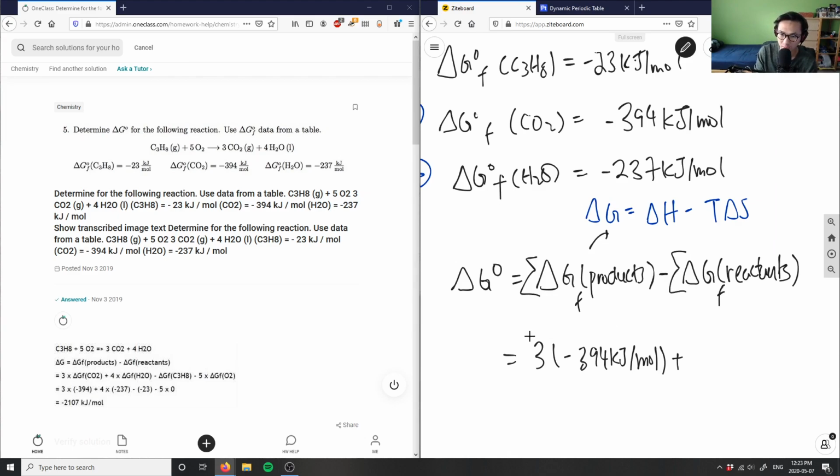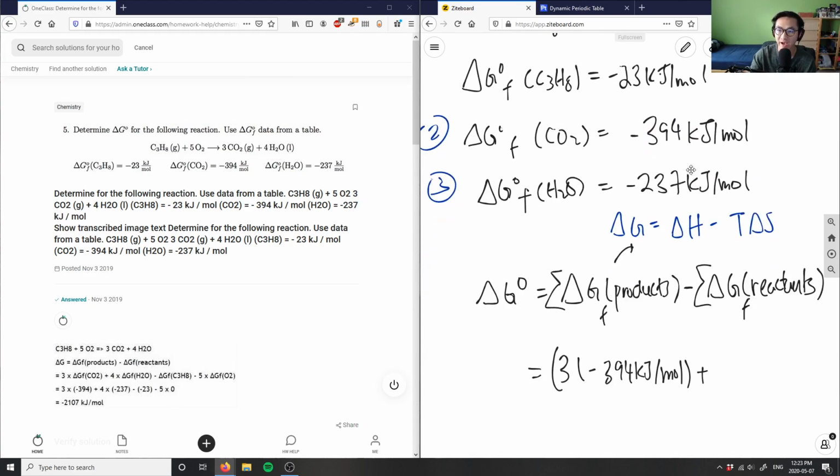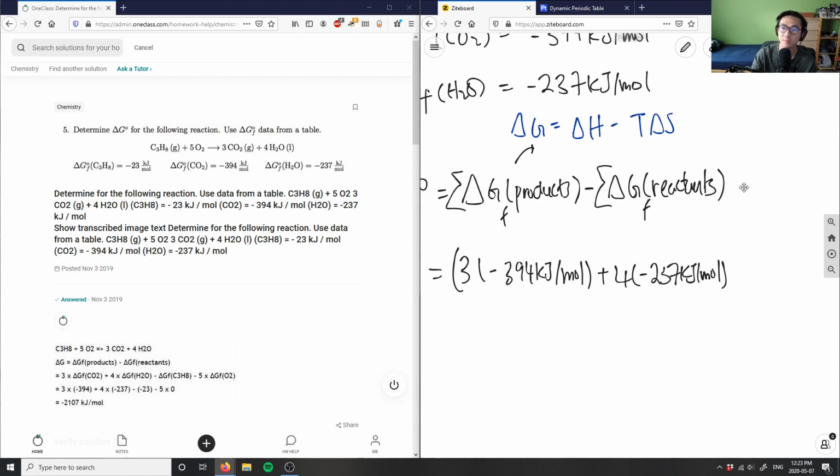Plus, so this is all kind of in brackets here, plus the water, right? I'm also making water as our products here. So I have 4 waters here, which means I'm making 4 times negative 237, right? 4 times negative 237 kilojoules per mole. So basically that's all of that here,